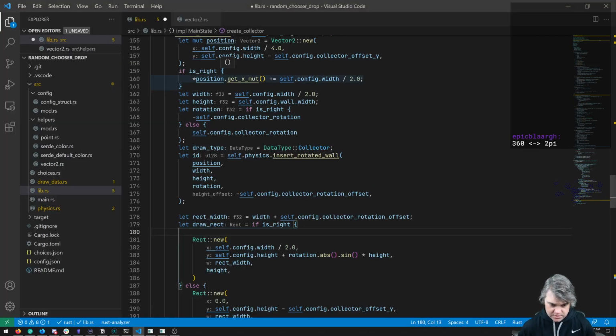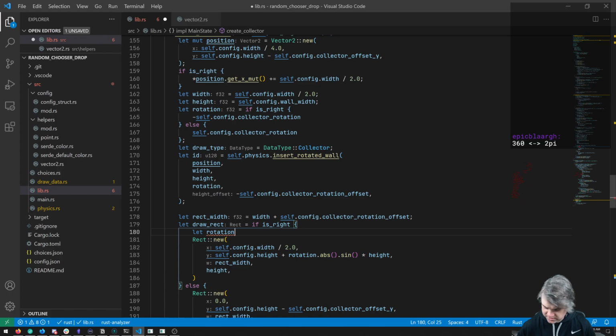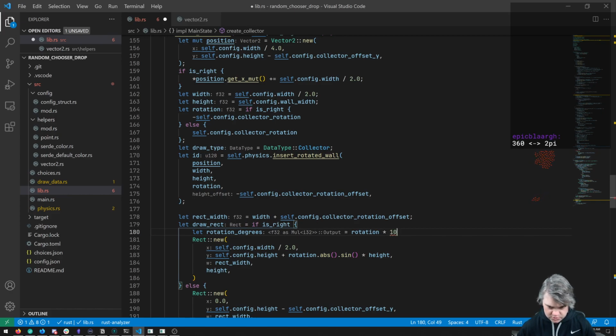So let rotation degrees equal rotation times 180 and then divide by, I think I can do